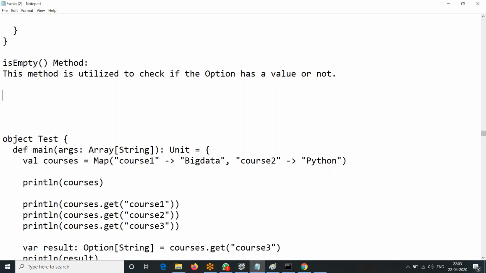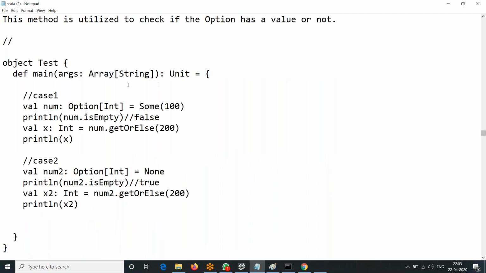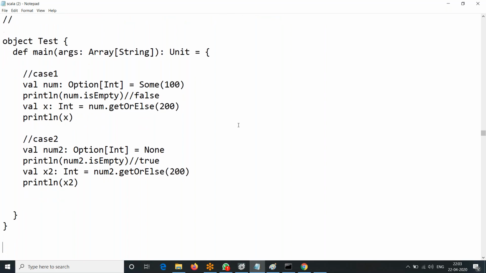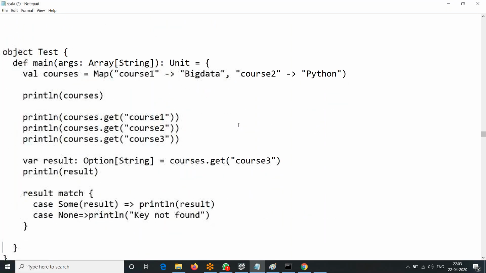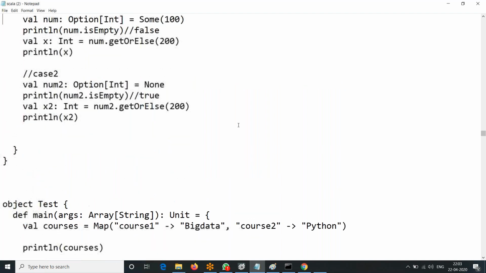isEmpty. Then there is one more use case. We'll finish that and then switch to the case class. Probably, if possible, today we will get an introduction to case class. Tomorrow we do a couple of use cases on case class. One of the most important concepts in Scala.